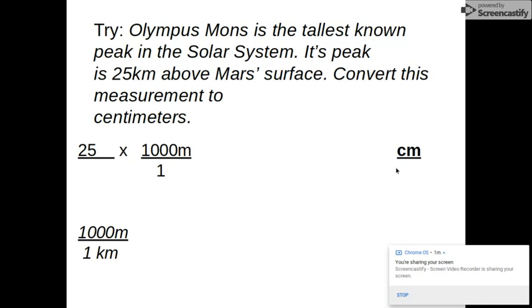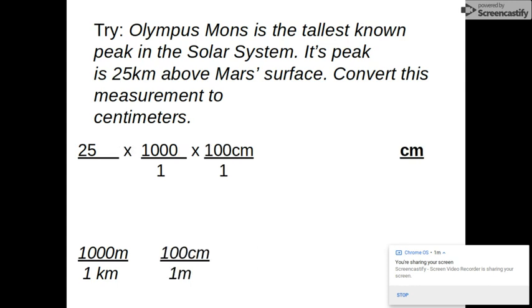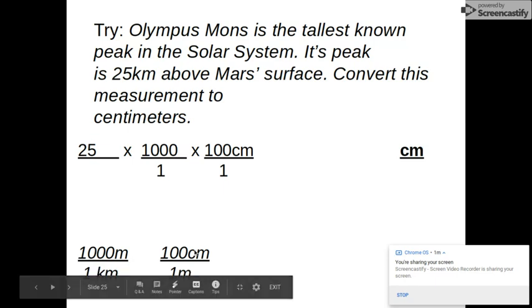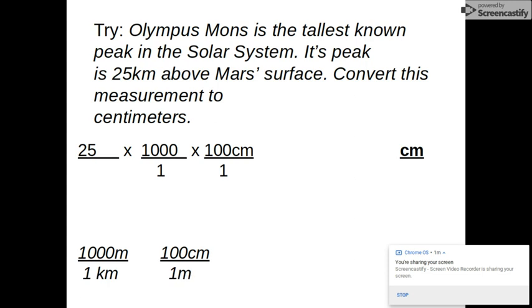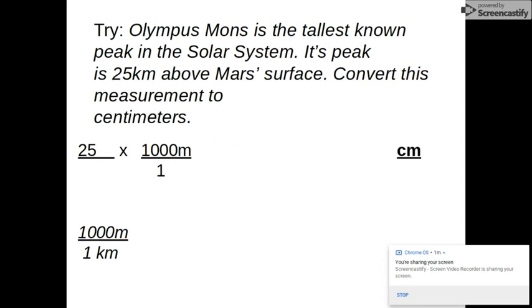We need to get from meters to centimeters. Do we have a conversion factor that gets us from meters to centimeters? Yes, we have that conversion factor of 100 centimeters to every 1 meter. Okay, so now which version of this conversion factor should we put into our bridge here? Well, we should use the 100 centimeters over 1 meter, because if we look back here to the last step, we've got 1,000 meters in the top, right? So we need to get rid of the meters here